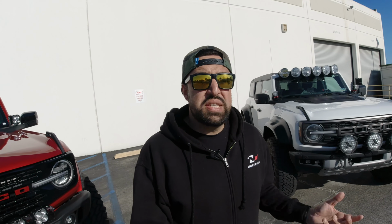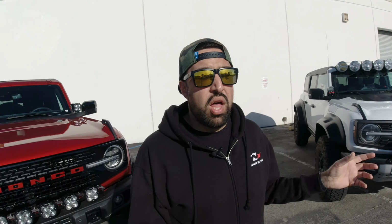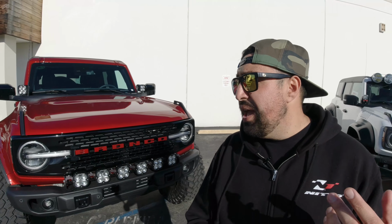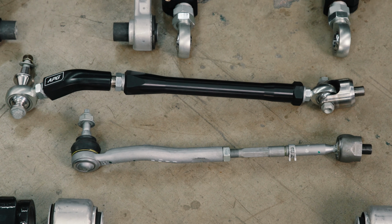Now, the last thing we're gonna talk about today is steering, which has been somewhat of an Achilles heel for Ford. Of course, their Sasquatch series comes with a 35-inch tire, but those who upgrade to a bigger size, a 37-inch tire or bigger, are having a lot of problems with their tie rods and their steering rack. And so APG recognized that some of their customers are gonna be really using the ProRunner for a lot of heavy off-road use. So they went ahead and included standard a billet tie rod end that's actually got a uniball on the end of it, so it's much stronger than the factory tie rods,